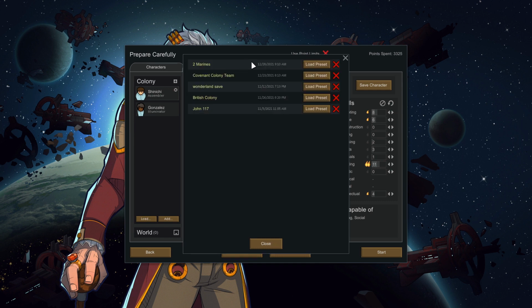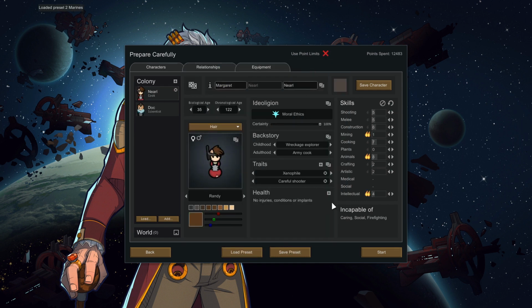So I'm going to load the 2 Marines here. So we have Neril, and I do apologize. I want to say this. I know this is a terrible time to mention, but there's a dog barking outside at my neighbors, so I apologize for that. But we have Neril here, who is a wreckage explorer as a child, giving her +3 animals